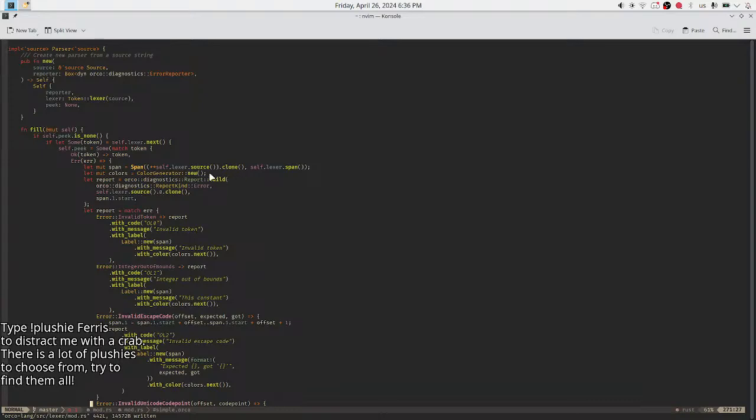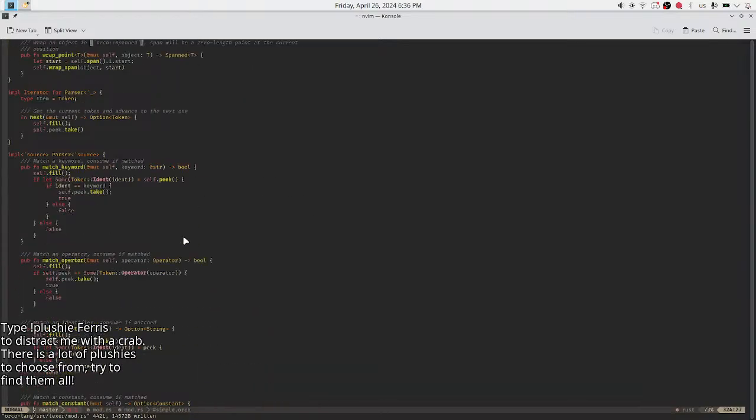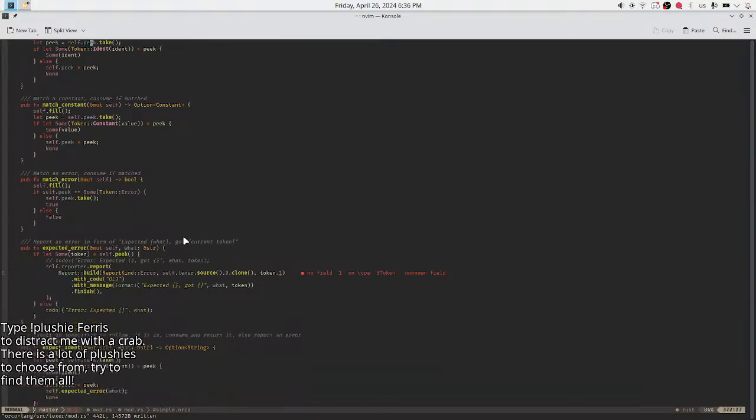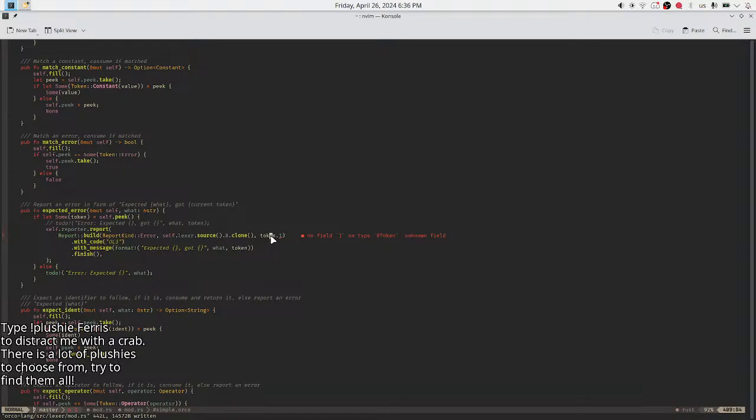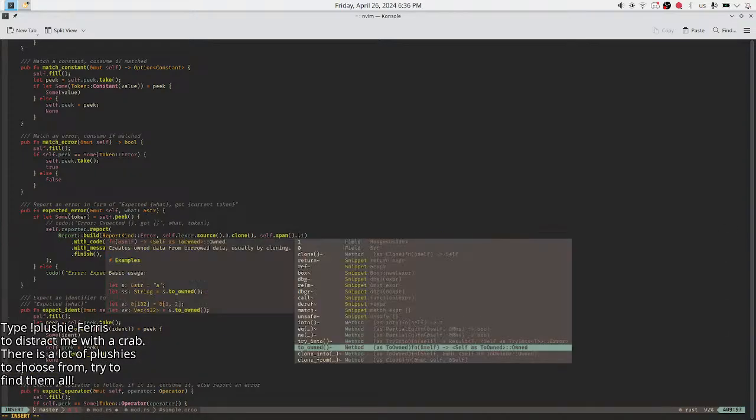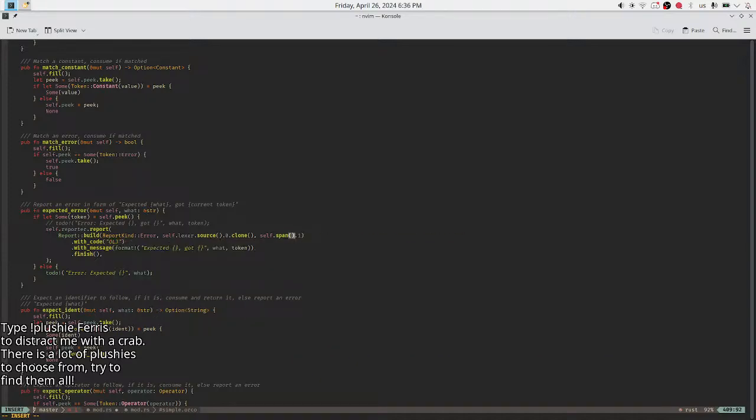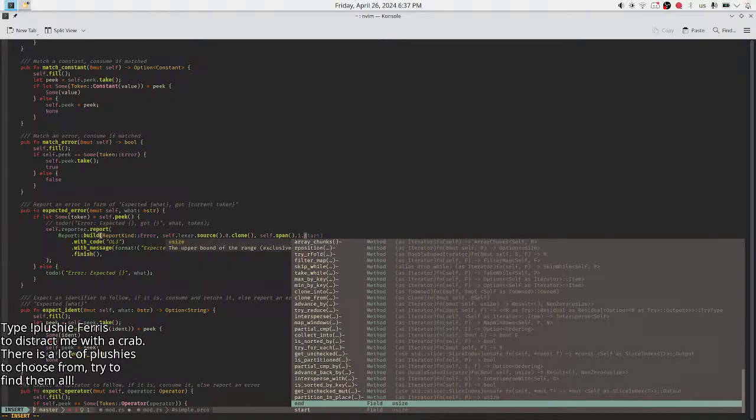Okay, so I've been doing it. Yeah, right. Exit. Span start. It's not taking that one. Self span. One. Range. What? Oh, the range I need to do first.